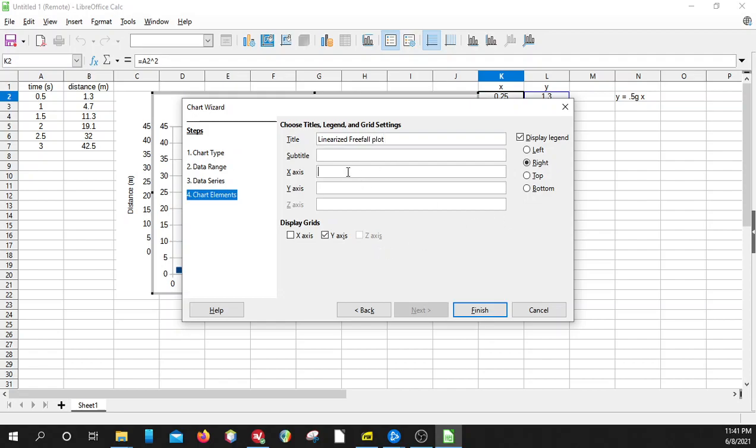And then on the x-axis, we have time squared. Now, this is one case where we have a little bit of an issue. Right now, I'm just going to do this. I don't know how to get exponents in this little box here. Now, if you really want to, you could just do like